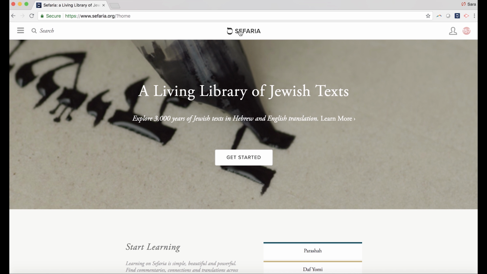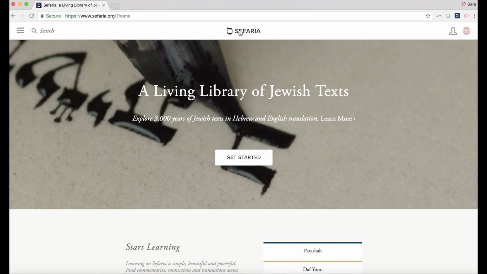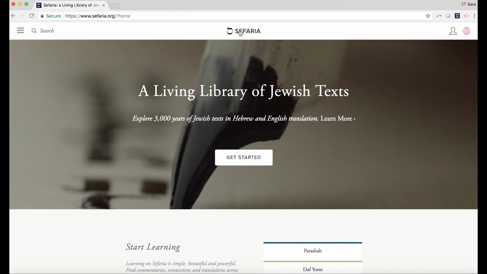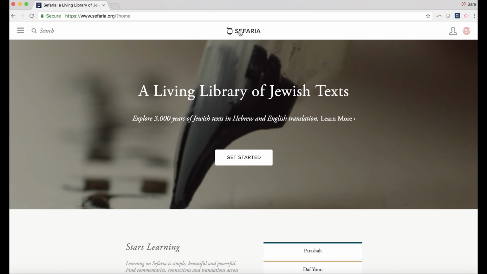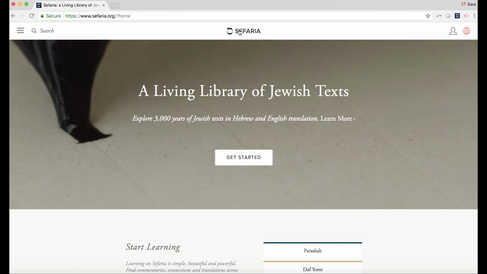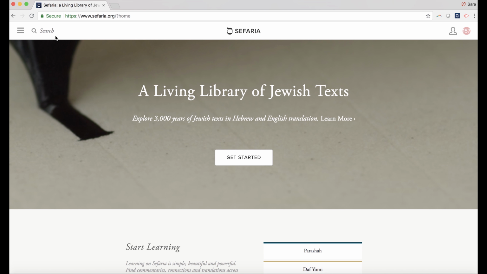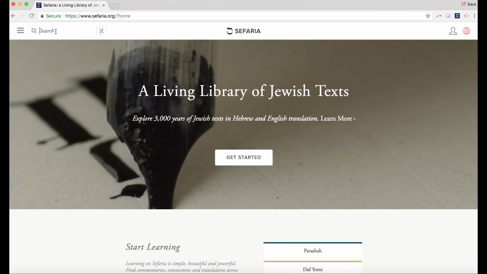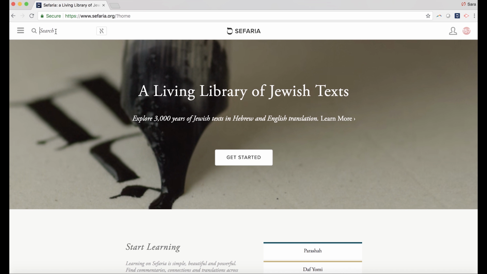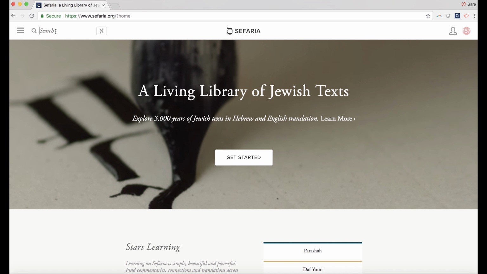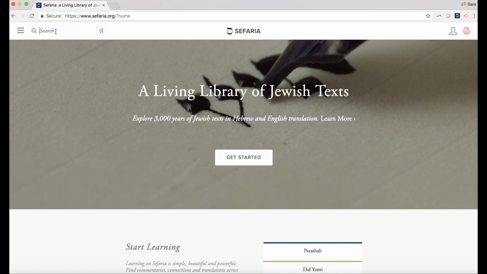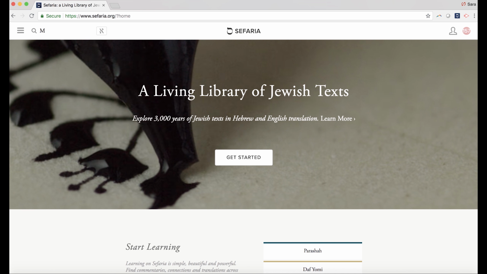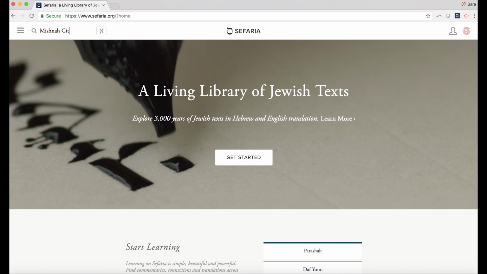Sefaria will help me build and share these materials, and I'd like to start by getting a broad perspective on slavery in Jewish texts. So, as I begin preparing this unit, I'll use Sefaria's search bar extensively. The search bar is always in the upper left-hand corner of the screen. First, I might use it to open specific text that I know that I'll be using. The Mishnah that I'm teaching this year is in Gittin. If I type Mishnah Gittin into the search bar,